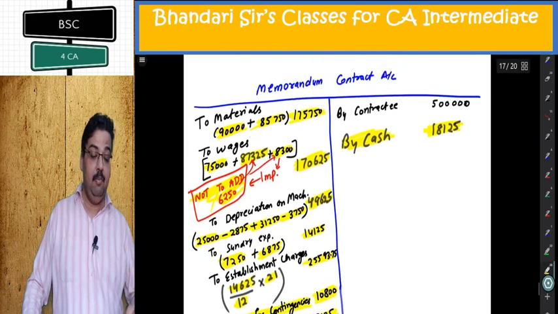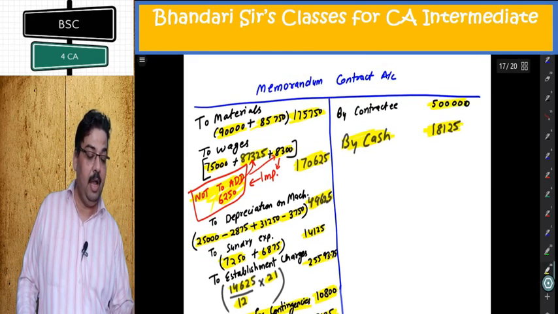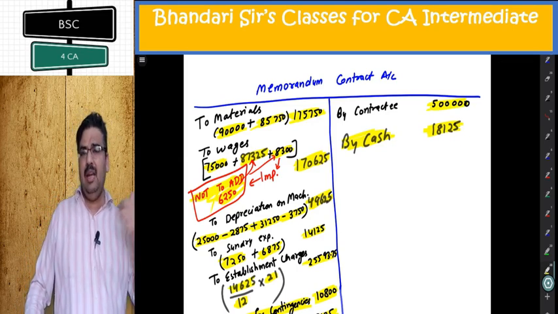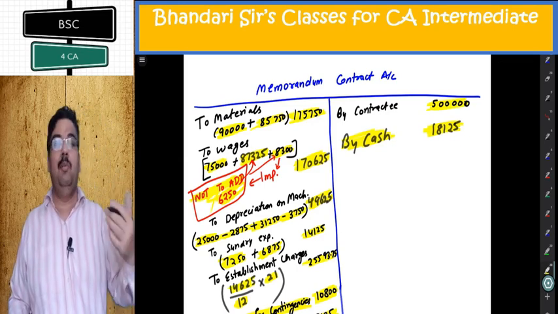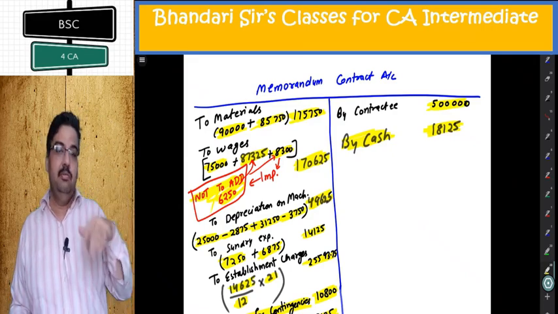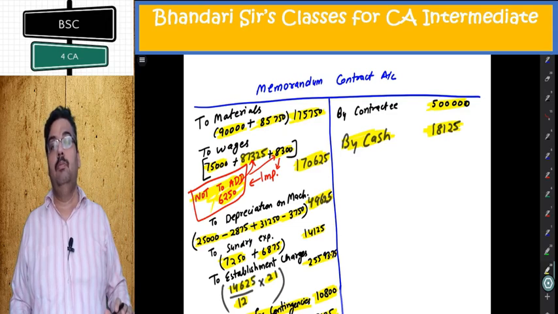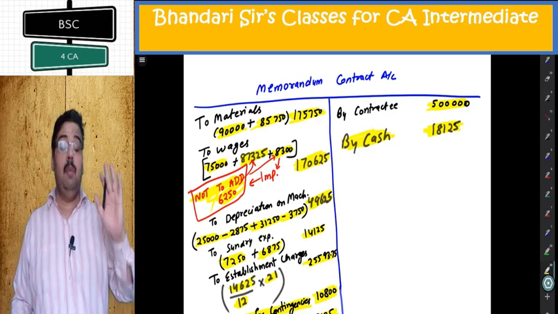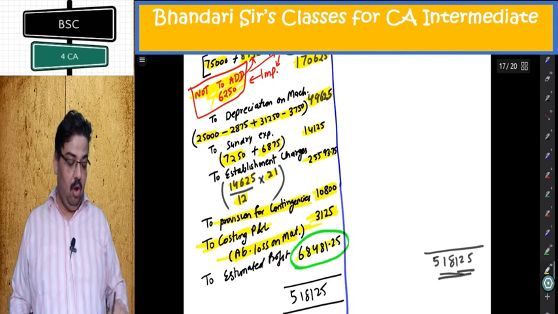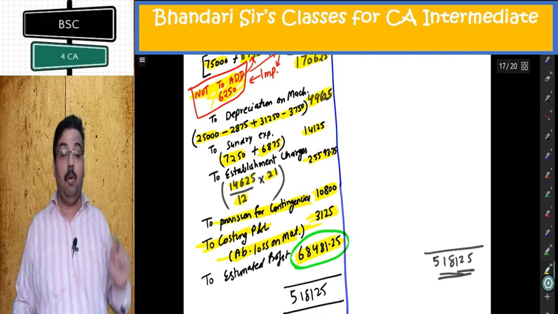On the credit side, I must put the contract price by the contractee, 5 lakh rupees. Once I put it there and make it in T form, you will get more and more feeling about contract accounts. Your institute's answer gives it in some calculation form. I would love to do it in memorandum contract account form. I am getting a balancing figure almost the same as your institute, 25 paisa difference is there. That is an approximation problem of the institute.